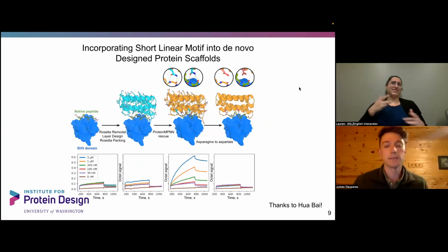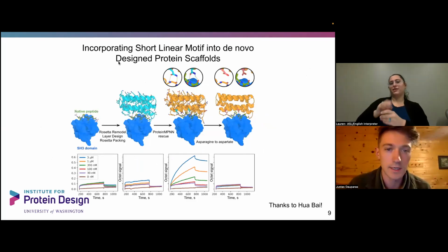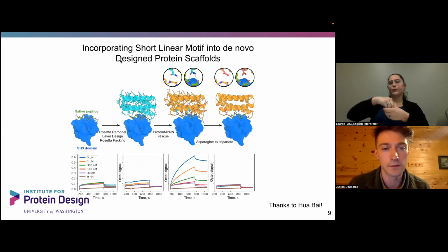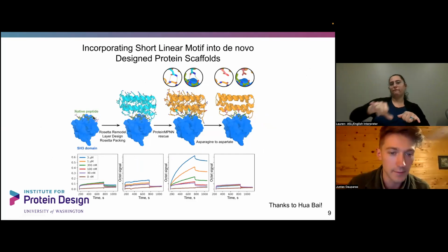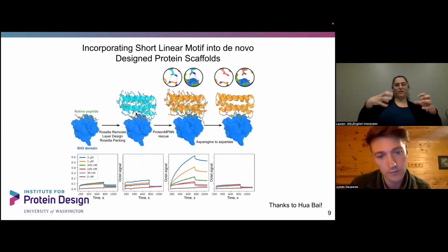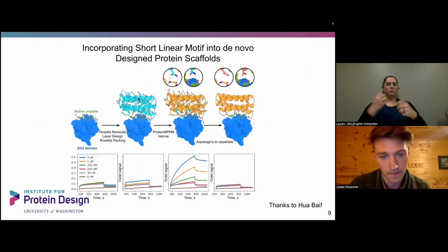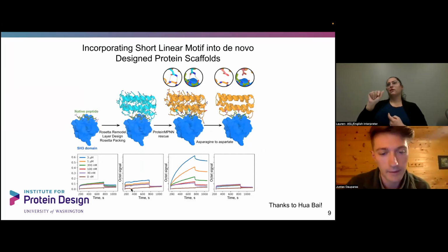One of the other examples is that Huabei in our lab was trying to design, incorporating these short linear motifs into de novo design protein scaffolds. So the idea is that, for example, for this SH2 domain to bind this native peptide, we want to come up with a protein structure, this de novo small peptide that would support this green structure. Originally it was designed with Rosetta remodel, layer design, and packing, but there was no